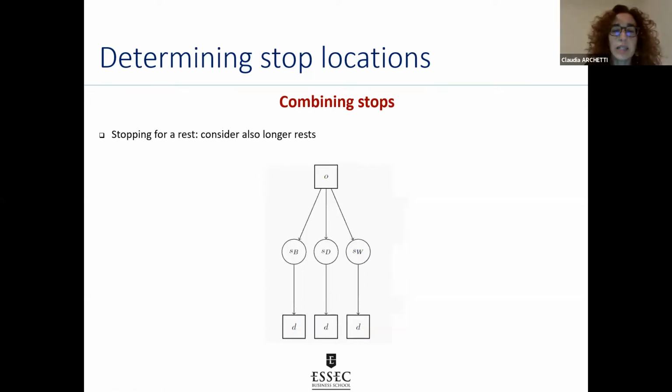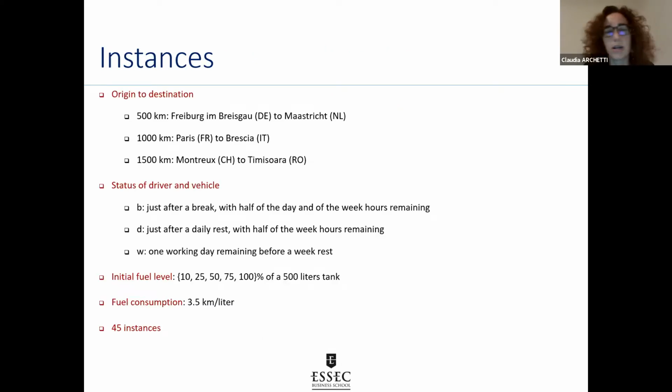And something similar happens when we are stopping for the break. Instead of considering just stopping for the break, we might consider also the opportunity of stopping for a daily or a weekly rest. And so also in this case, for each rest location, we build 3 different partial paths according to the kind of rest or break that we take in the rest location that we have just determined. Okay, and this is our overall algorithm, and now I will move to the